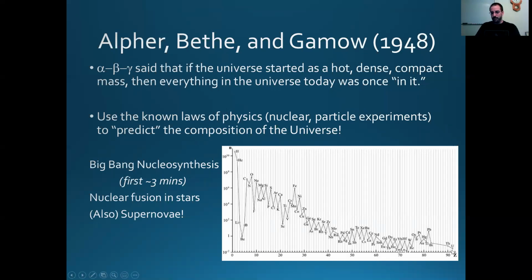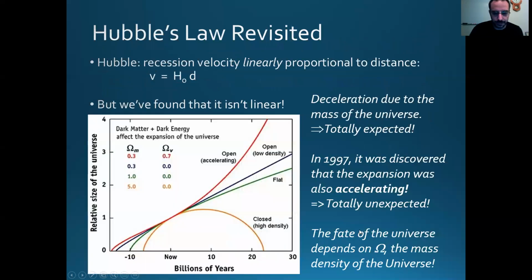But it suffices to say that we can relate known physics of things that occur in the laboratory to the abundances of chemical elements in the universe. And it tells us about how these elements were formed. So again, the nucleosynthesis is really hydrogen and helium in the beginning, the first 3 minutes of the universe. Nuclear fusion in stars explains most of these, from carbon up to about 40 or so. And then supernovas, merging neutron stars, that's where all these heavy things come from. Okay, so that's the origin of chemical elements.